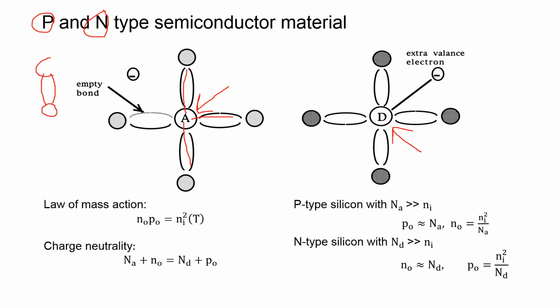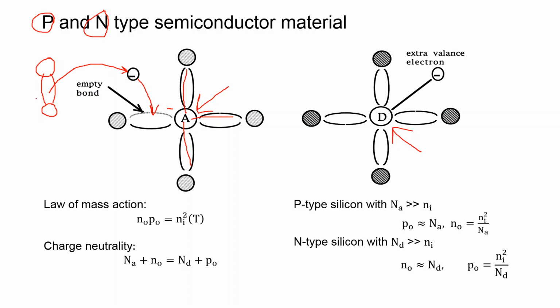So let us say in the vicinity there is some bond, a similar bond between two silicon atoms. So it might happen that this bond is broken with the help of the thermal ionization process, as explained earlier. So this electron will get here and will combine to complete the bond. But since initially this was all electrically neutral, now one electron is combined here, so one negative charge comes on the acceptor atom.